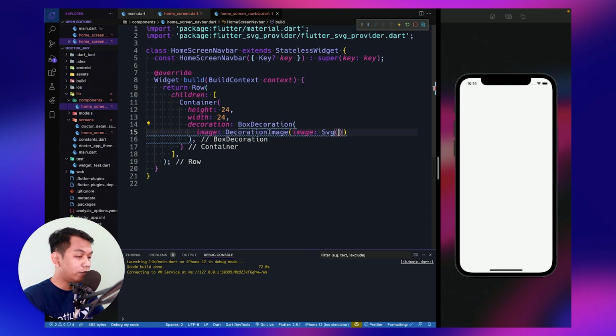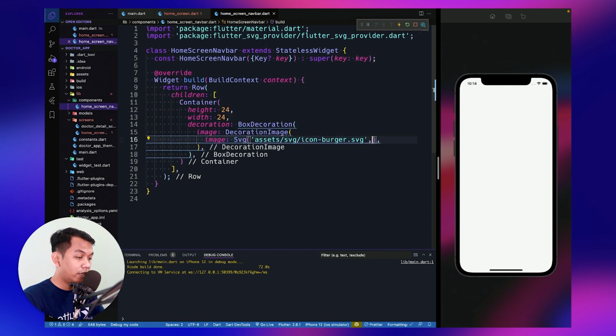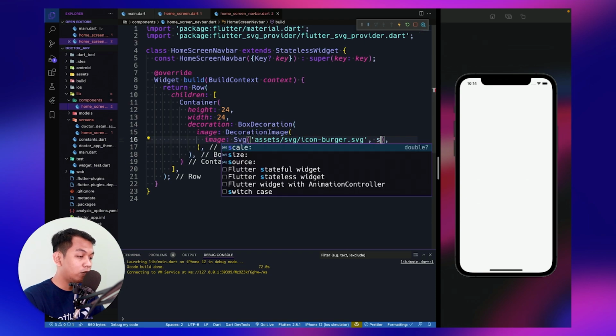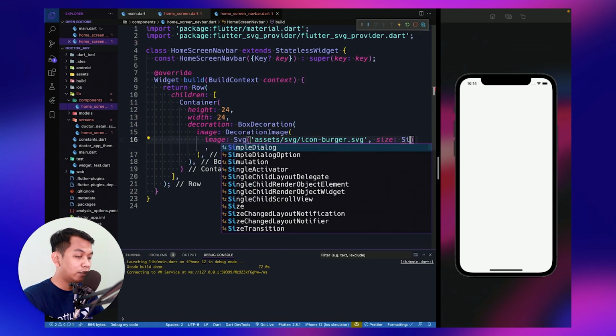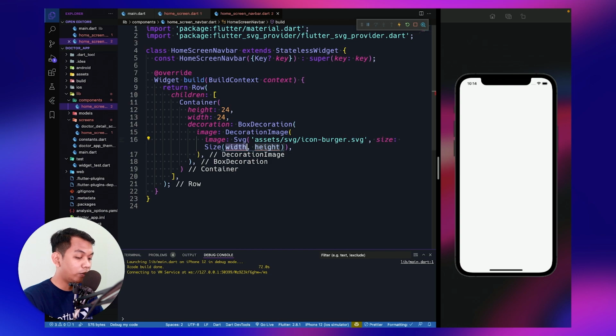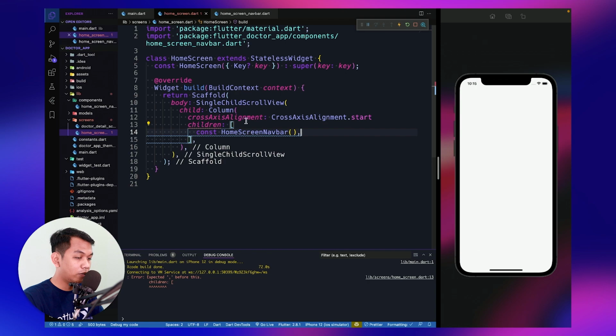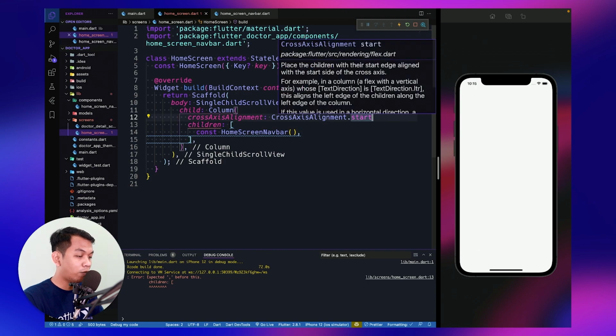And for the SVG, we say assets and then SVG and then icon burger.svg. We give a comma. And inside our SVG, we also can add property size and we say size widget 24 and 24. We see error because we haven't added comma right here.